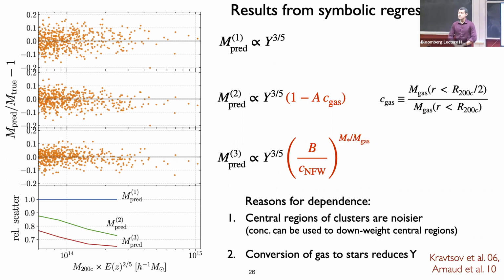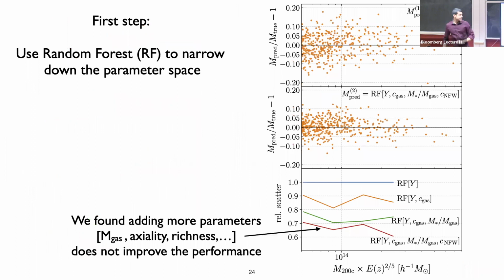About your random forest, another output is that from the random forest you know which parameter is the most informative, right? Because of what the top decision, or the first decision, is. So is that a useful input for the following symbolic regression, or do you just select some useful parameters without using which one is the most important from the random forest? We did kind of both. We already saw in the random forest that this Y parameter, the one with the power law, is the most important. And so we use both.